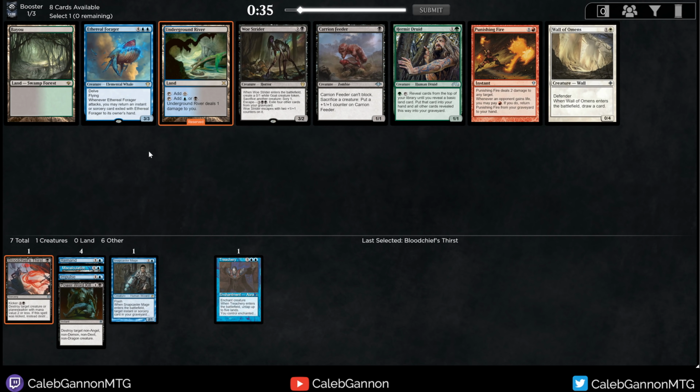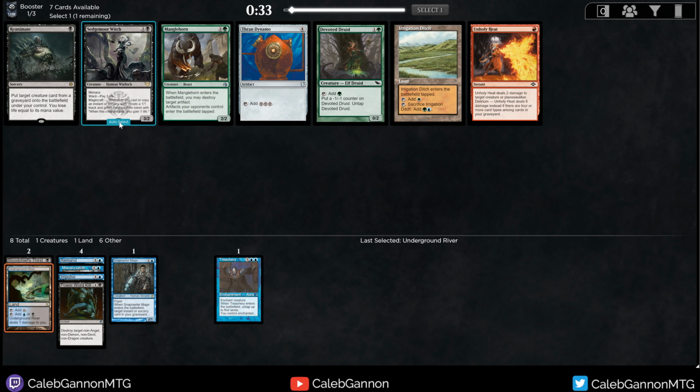Underground River versus Ethereal Forager. This could be a 2-mana 3/3 flyer. It's pretty good, but it has to be able to attack. And I am missing out on an Underground River. I think I'm going to go with the mana fixing, because there's going to be...